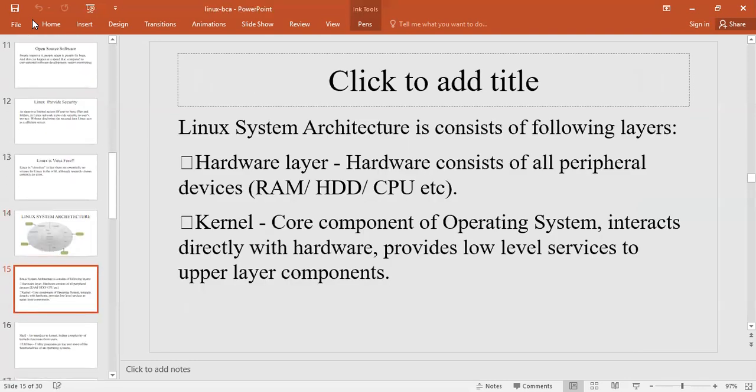Next, the architecture consists of the following layers. The first layer is the hardware layer, that is the center layer. Hardware consists of all peripheral devices like RAM, HDD, CPU, etc. Then the kernel, the core component of the Linux operating system. It interacts directly with the hardware and provides low-level services to upper-layer components.